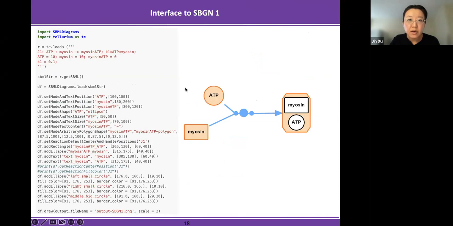Okay, so I have already finished the basic functions of SBMLDiagram. So let's see if it has some interface to other things like other communities and anything more interesting. First of all, it can have an interface to SVGN. So in this example, as you can see,